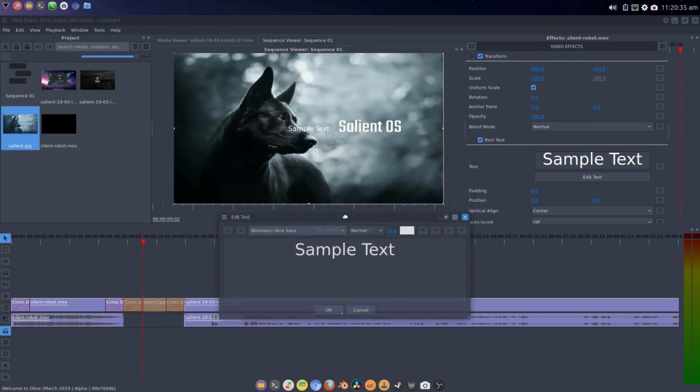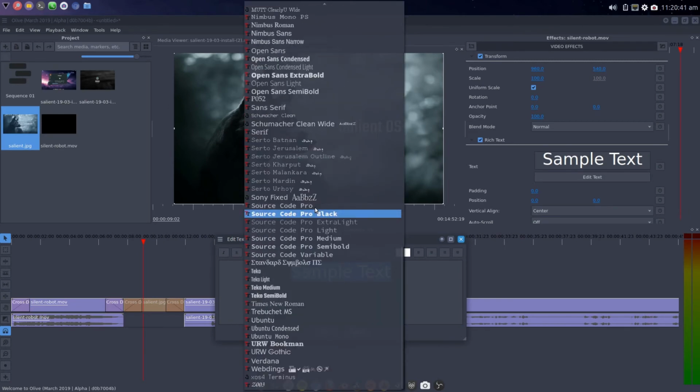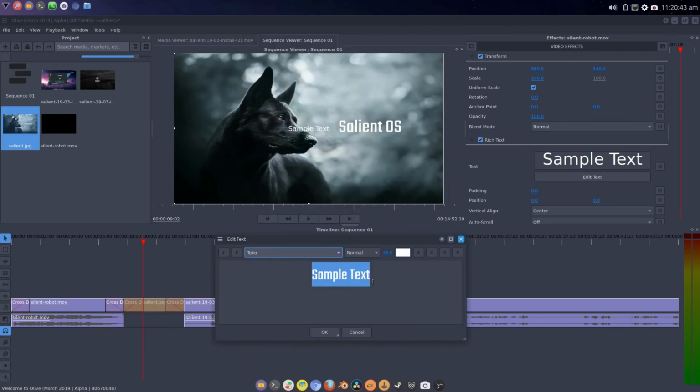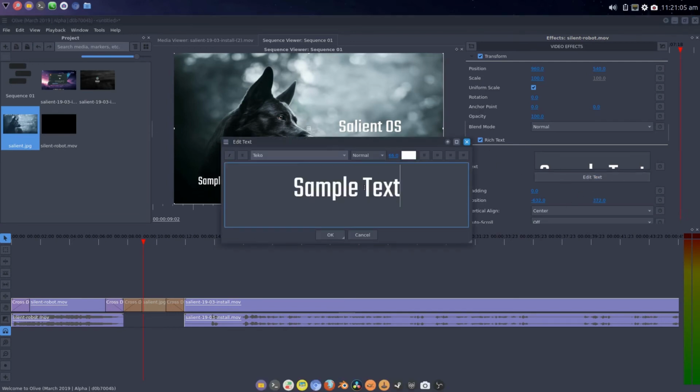So if I open up the editor, highlight the text, because you have to highlight it in order for these changes to take effect. And I'm going to drop down to Techo. And I'm going to take this up to 66. Okay, and there we go, that's taken effect. And now we can drag this across, and we can drag this down. So we're just creating a lower third here. So in here,